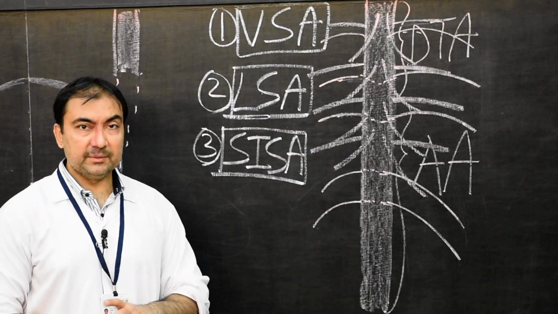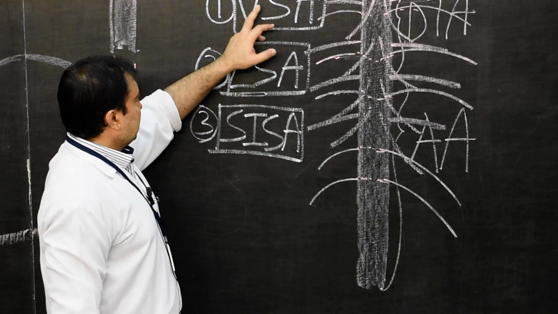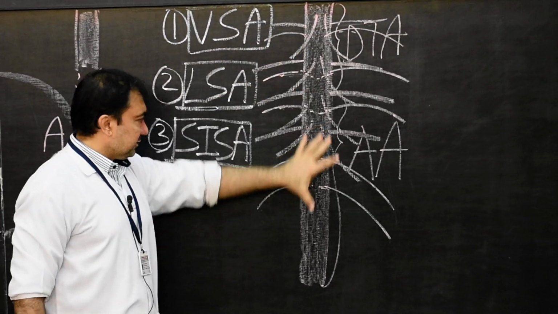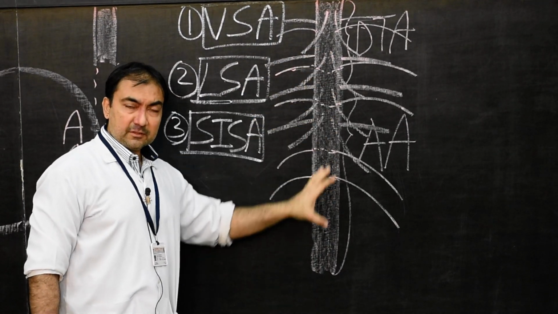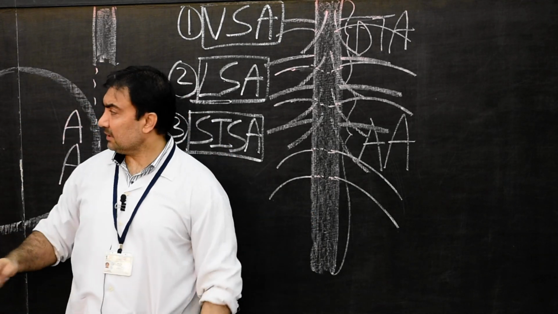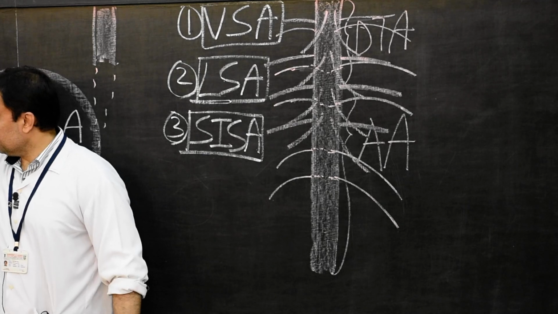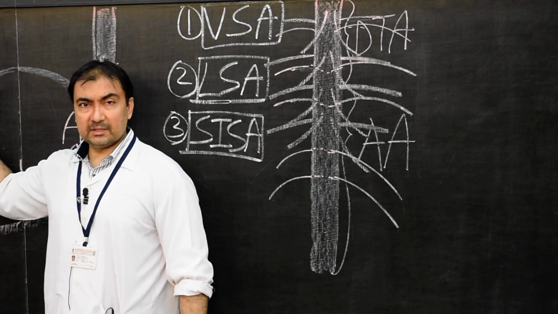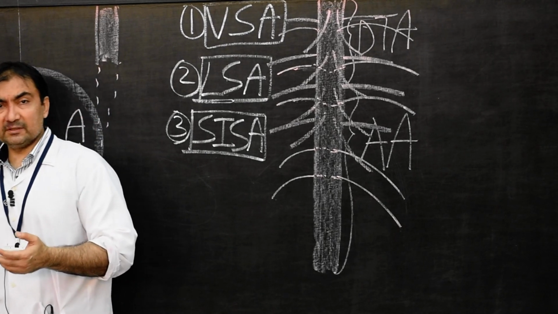Now we come to the important landmark. All these three varieties of branches will take origin from the remaining part of the dorsal aorta. We have seen the cephalic portion of the dorsal aorta. We have discussed the internal carotid, then the right and the left dorsal aorta. If we come on this side, please come on this side.